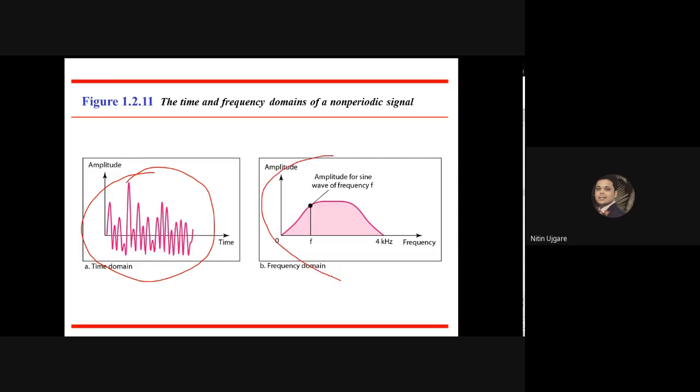And this figure shows the frequency domain representation of the same non-periodic signal, where we are just looking at the lower frequency and the higher frequency of this signal. This black vertical line basically says this is the highest intensity of the signal during the transmission, which shows the peak amplitude, which is always measured in volts.